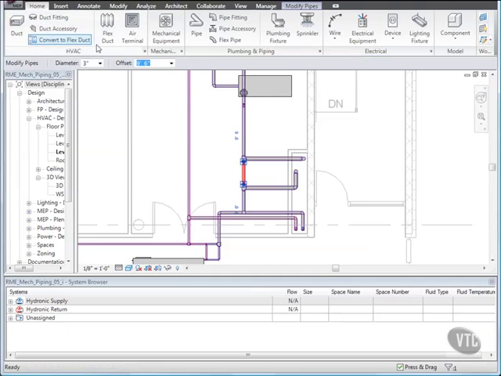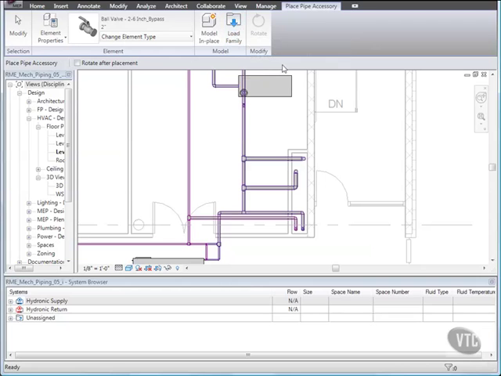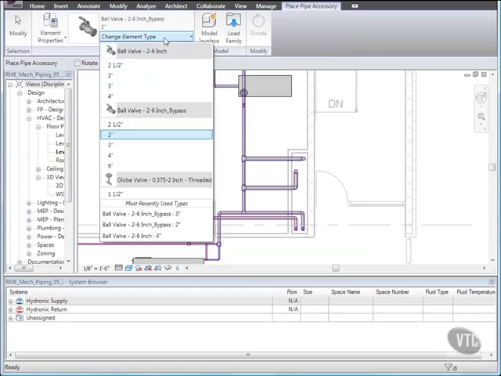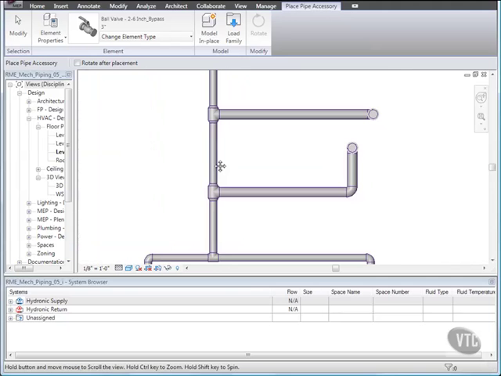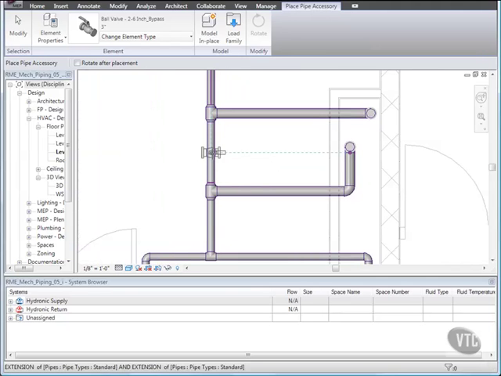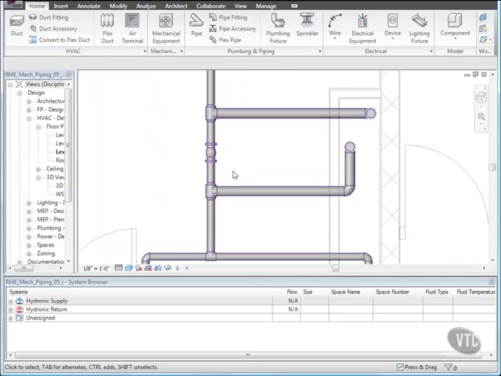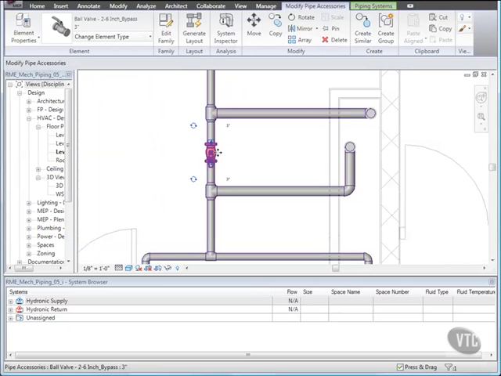Plumbing and Piping panel, click Pipe Accessory. Then click the Change Element Type drop-down and under Ball Valve 2 to 6 inch bypass, select 3 inch. Then click the center of the pipe to place the valve and press Escape twice. Then select the valve and click the top rotate control to rotate the valve to a horizontal position. Then press Escape